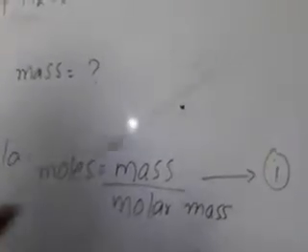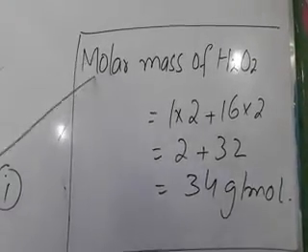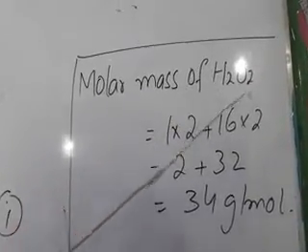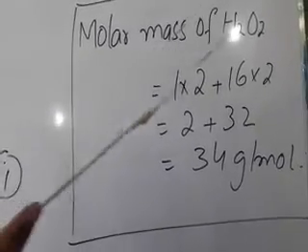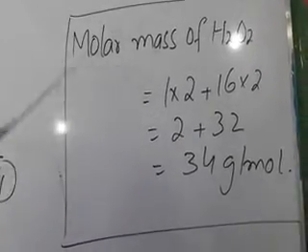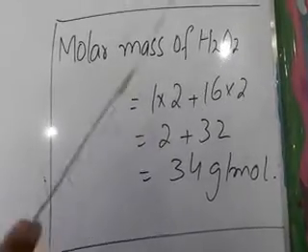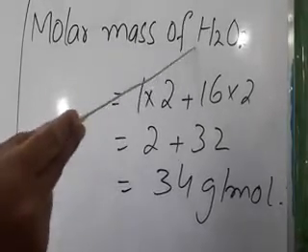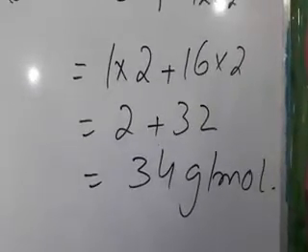So, now I'll calculate my molar mass first. For this, I'll write a proper statement, molar mass of hydrogen peroxide. This proper statement is compulsory to write. If you just write molar mass, you have to move again and again to your question for the formula while you are putting in the values. So write a complete sentence there, molar mass of H2O2. Now as we did earlier, by putting in the atomic masses of these elements and taking their sum, we'll calculate the molar mass.